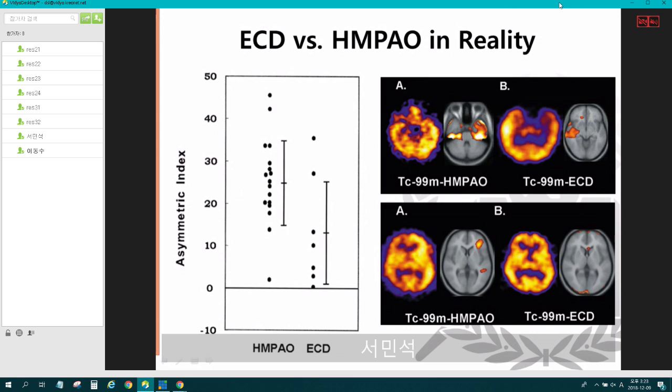However, ECD was said to be stable. HMPAO was very unstable, converting from lipophilic to hydrophilic because of oxidation. So methylene blue and cobalt chloride were added, but adding a new constituent means going through the FDA again. So it takes time, it took time. During that window, the ECD making company took the opportunity.